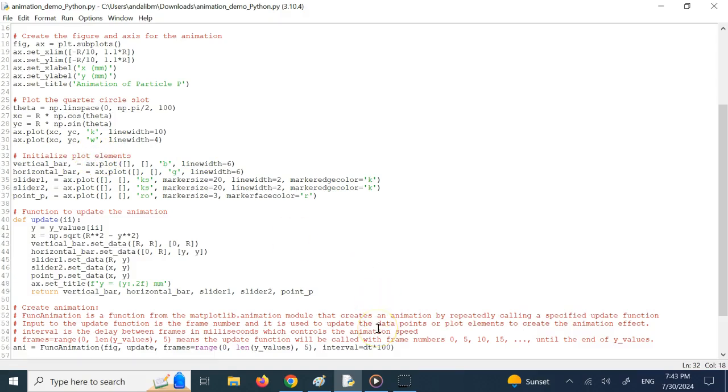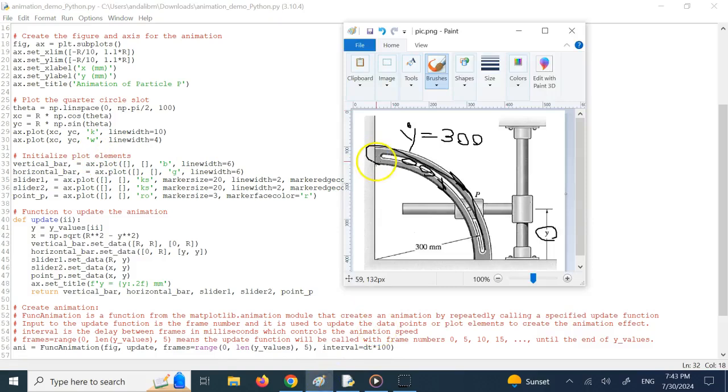What are they? Well, you have one element here for this horizontal slider. You have a line for this horizontal guide. You have one for the vertical slider. You have one for the vertical element. And you have a point for P, a circle. So we need to update these, although this vertical line can also be done outside the loop,